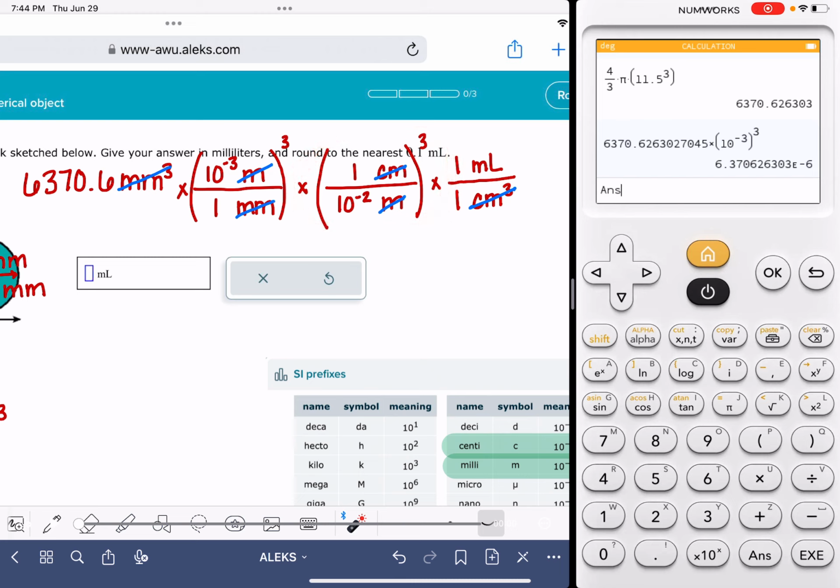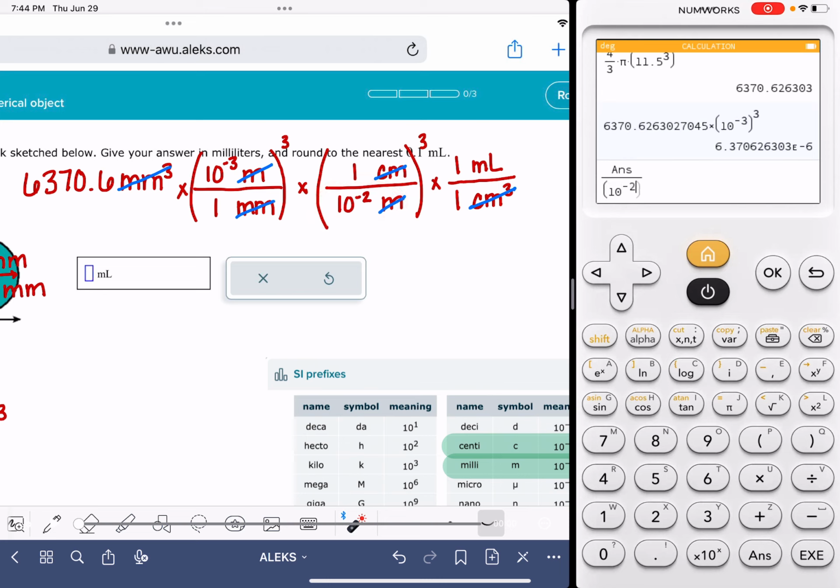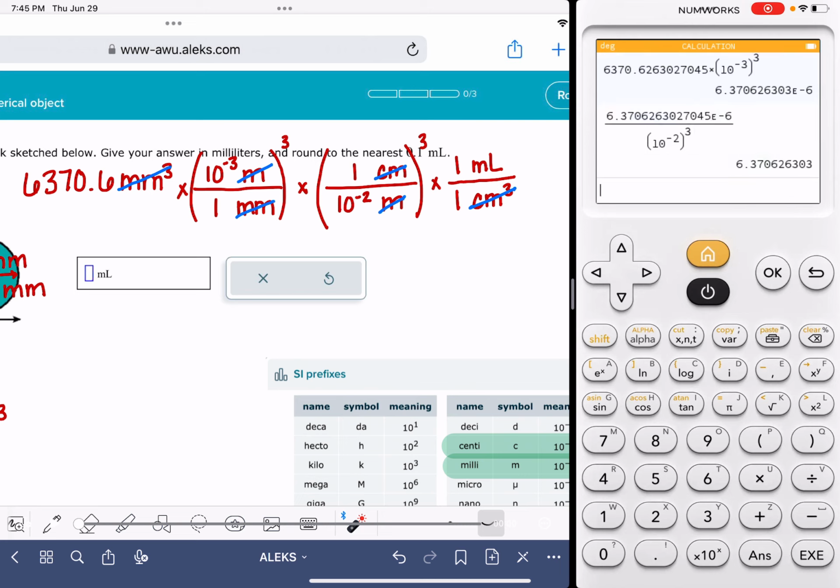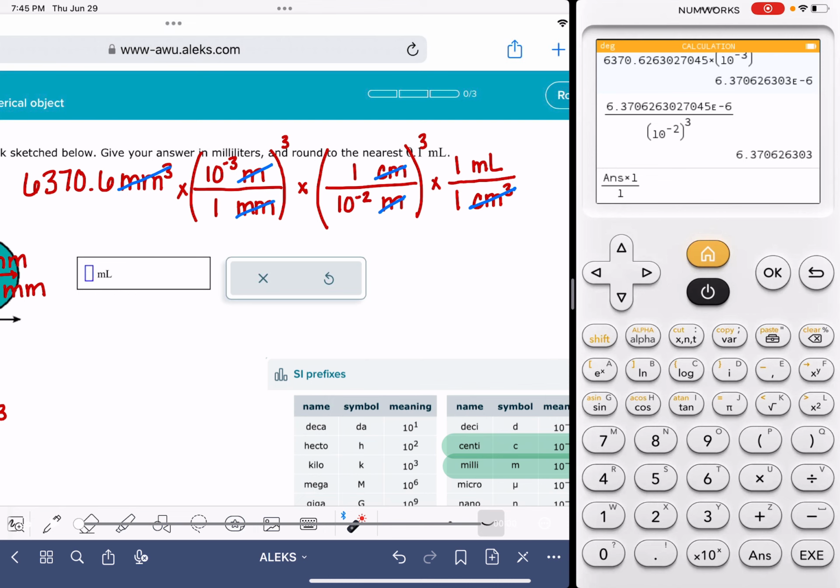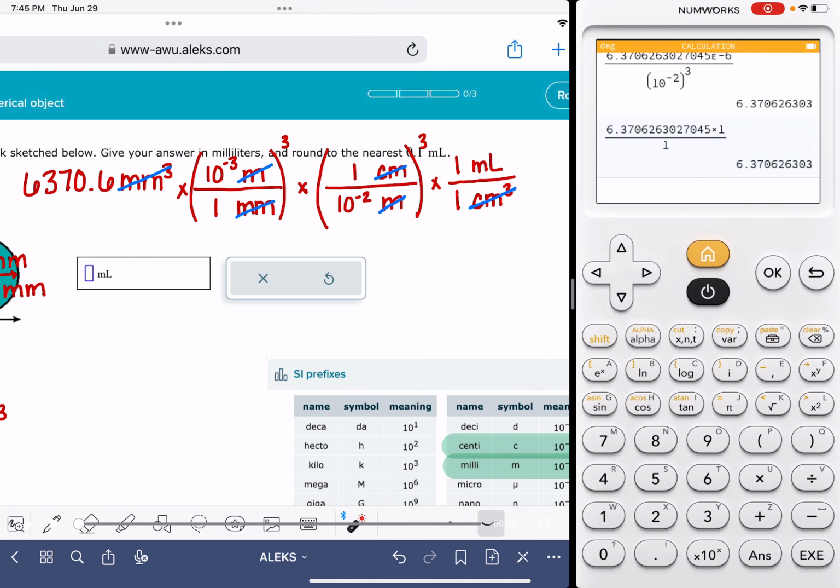I'm going to take my answer and divide it by 10 to the negative 2. And I am going to make sure again that I'm including that exponent of 3. Make sure that that 10 to the negative 2 is being applied 3 times. Now I'm not going to do this math, or maybe I will just because that's fun. And here is our answer,